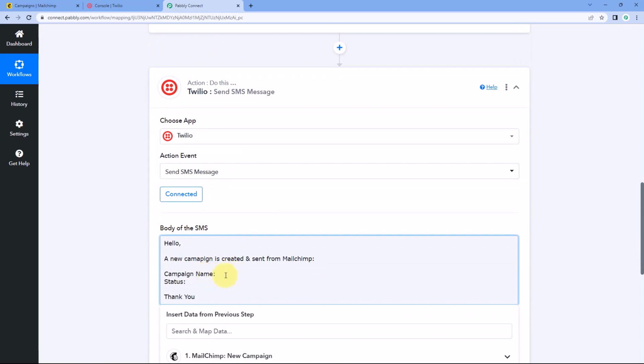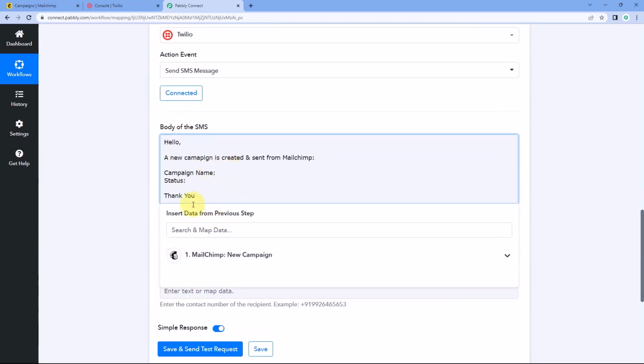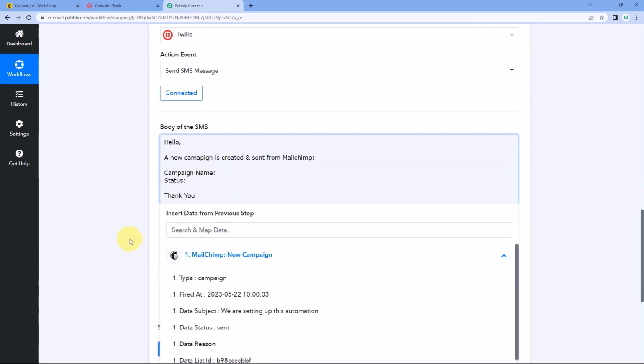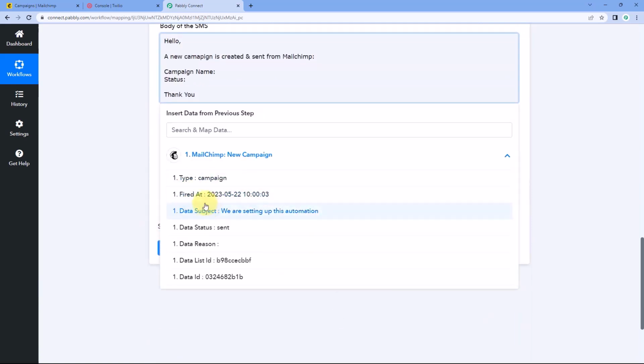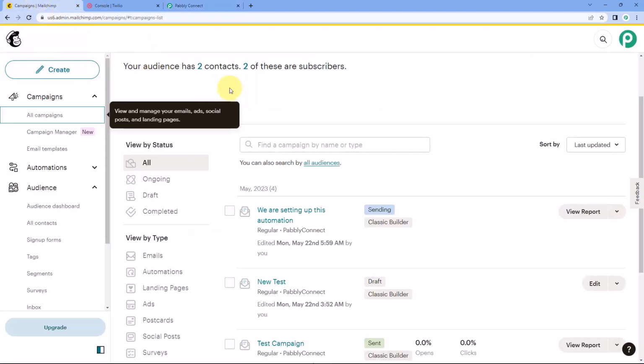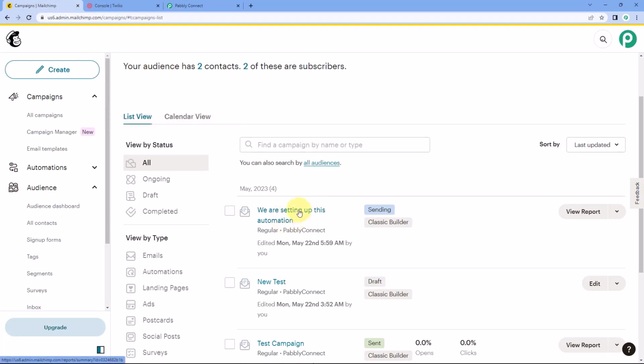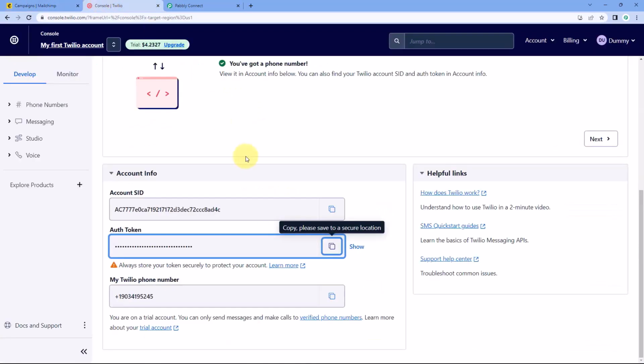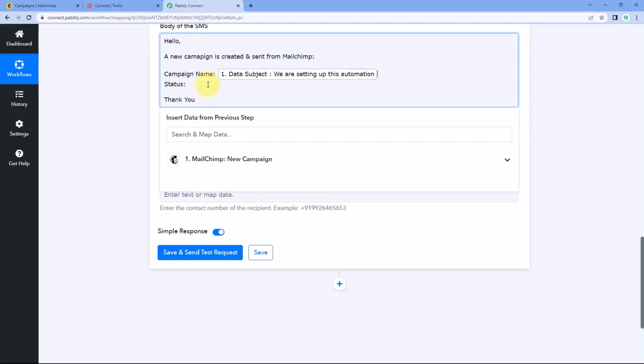So here in front of campaign name, we have to map it, and to map it, just click on this field. In this drop down, you can see a list of all the responses which we have received from Mailchimp of a new campaign. From these responses, select the subject line of the campaign and map it over here. Whatever subject line we create this campaign with, with the same name a message SMS notification will be received on our number in